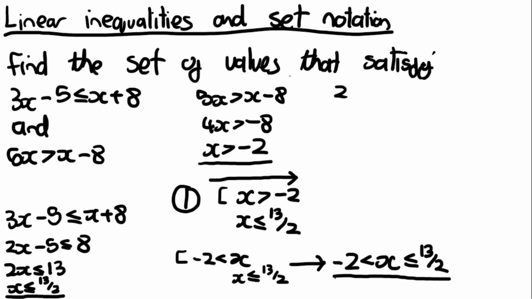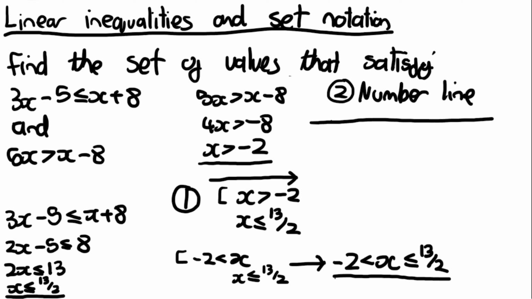The second way to do it is the one the book says, which is by using a number line. I find this a bit long-winded, to be honest, and I think it's a bit unnecessarily long. So if you like it this way, the way you can do it is by drawing out a massive number line and putting out the two values. So we'll put minus 2 about here, and we'll put 13 over 2 about here,